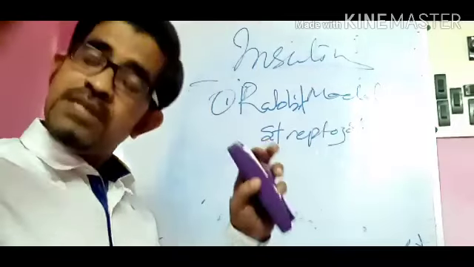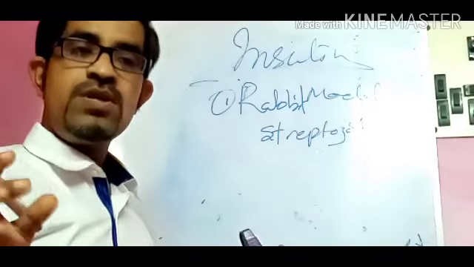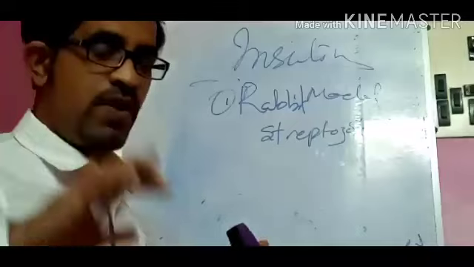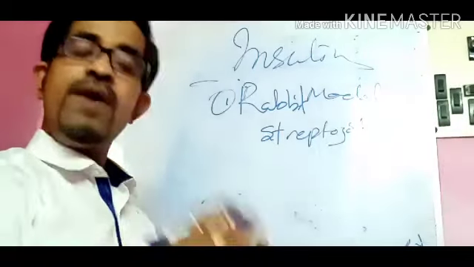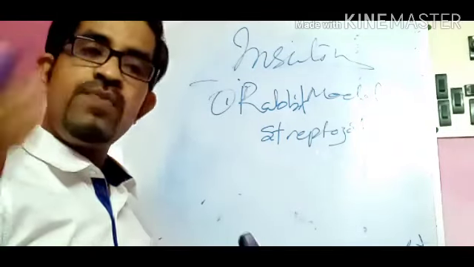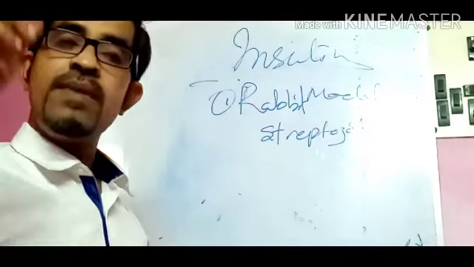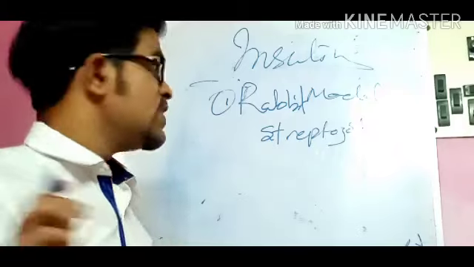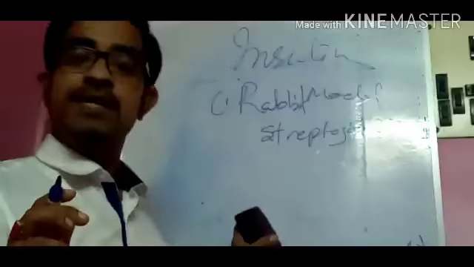After a stipulated period of time, you have to find out whether this rabbit has become diabetic or not. If it has become diabetic, select that rabbit and divide it into two groups. One group, don't give any treatment. Second group, you give the treatment of insulin. Find out whether the glucose level is falling down or not, or at which concentration it is falling. So we have studied two different models of insulin.